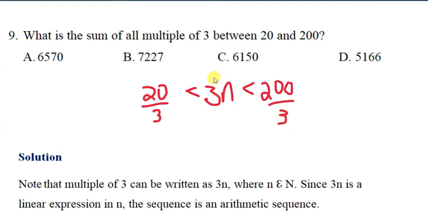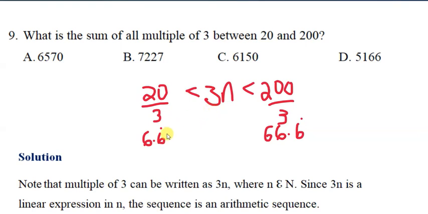Then remove this 3 from here. Just for the time being, keep it. If we divide 20 by 3, we will get a decimal number, 6.66 repeating. And again, if 200 is divided by 3, we will also get 66.6 repeating. Now, since our n is a natural number or positive integer,